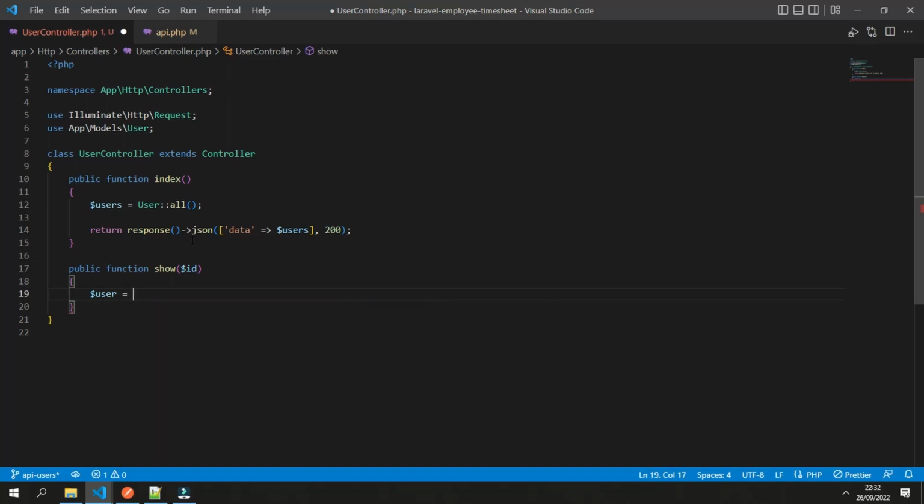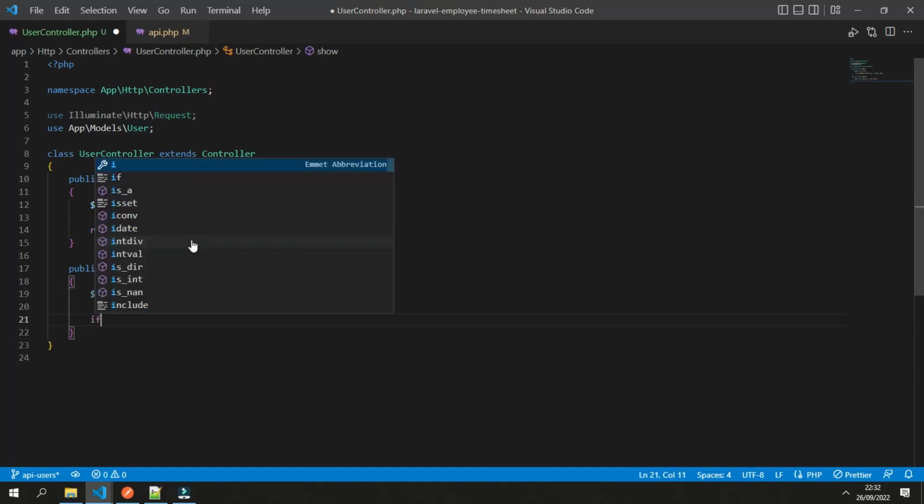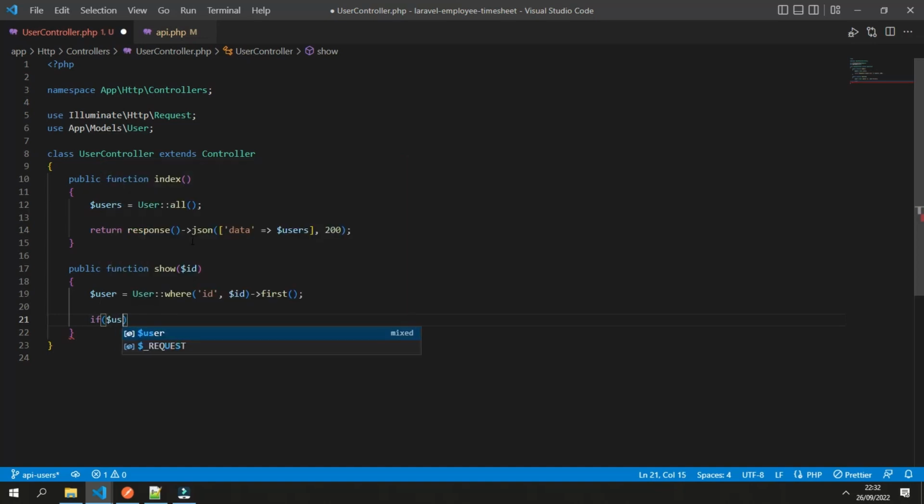So User where ID is equal to ID, and to get the object, because we know that it's only one object, we can use first. If it is not found, we can do a conditional.